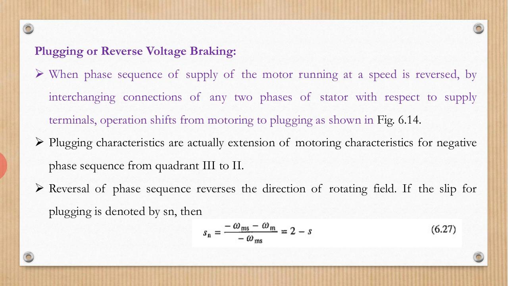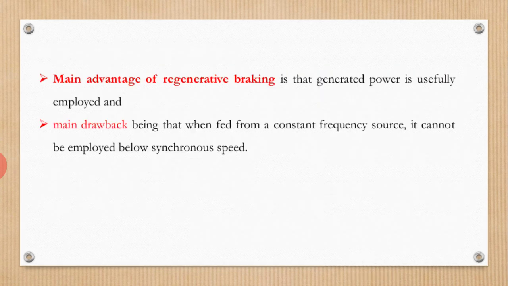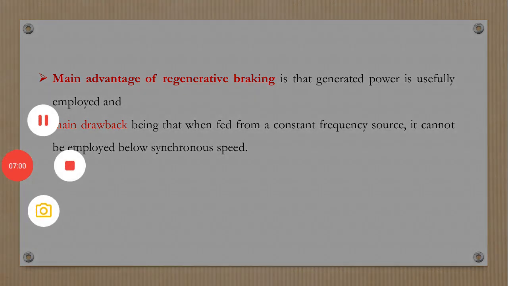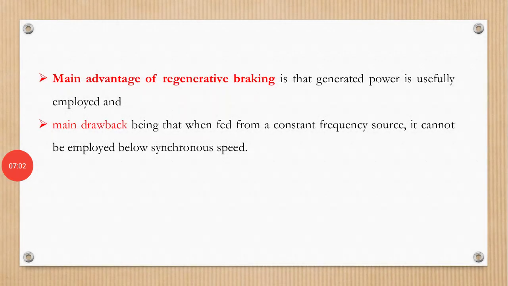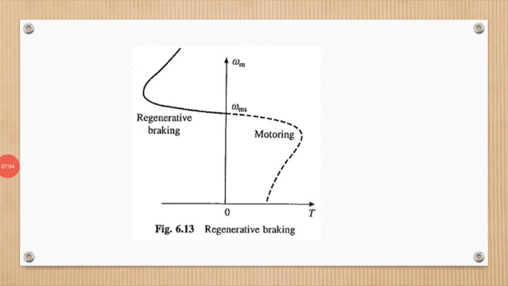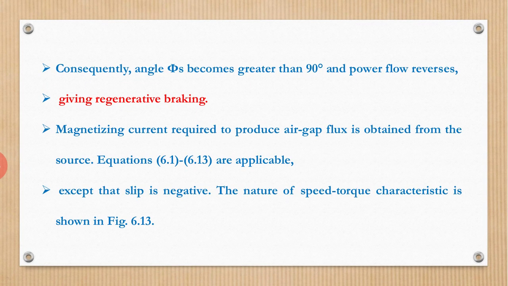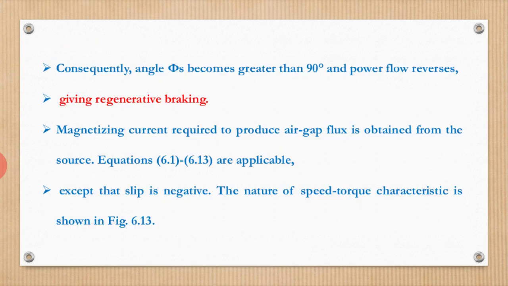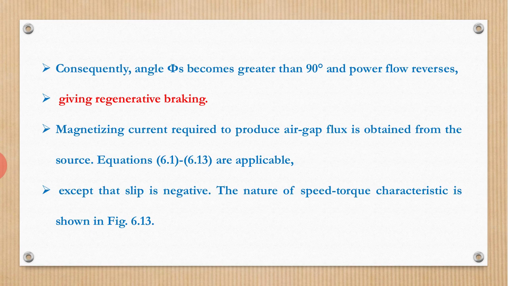So here the regenerative braking explanation is over. Okay, let me conclude here. In regenerative braking, the phase angle will be less than 90 degrees when it acts as a motor. When this phase angle phi s becomes greater than 90 degrees, the power flow reverses,